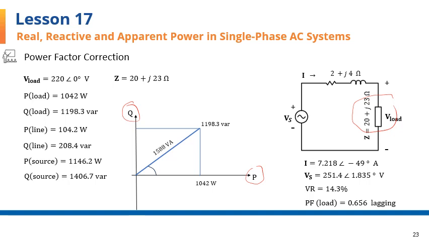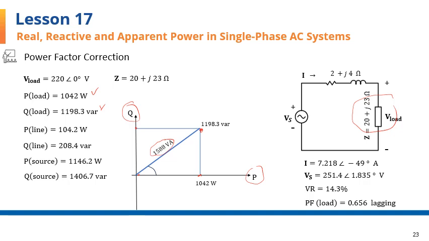To mark off the real power of this load over on the horizontal line, which is 1042, and to mark off the reactive power of the load, which is 1198.3 VARs on the vertical axis. Find the point on the plane and connect the origin to it. You get the hypotenuse of this right triangle, which will then give you the